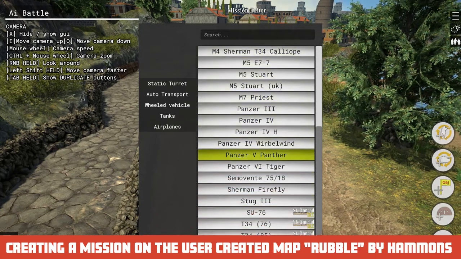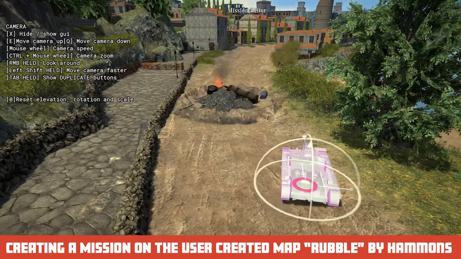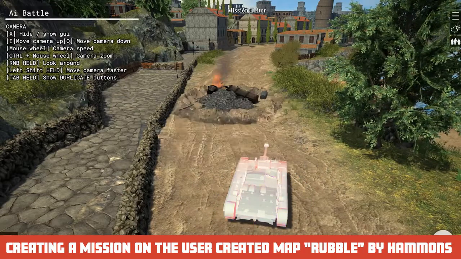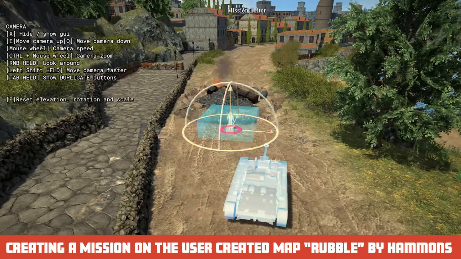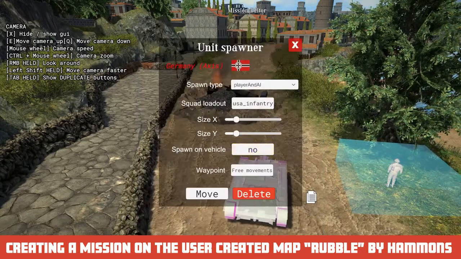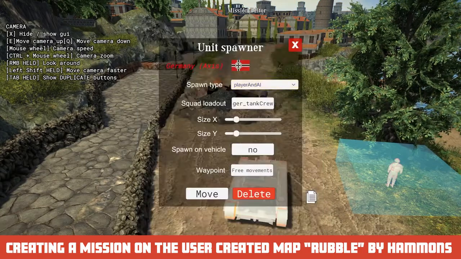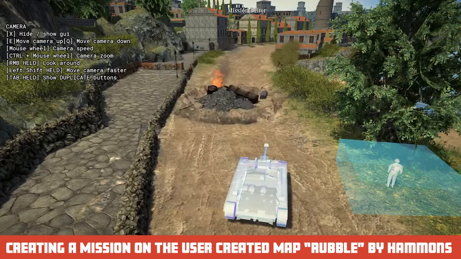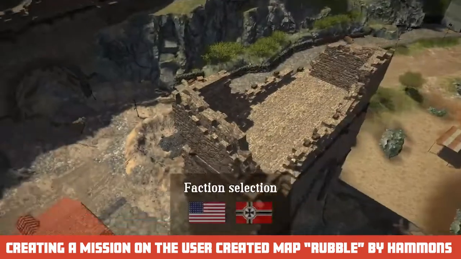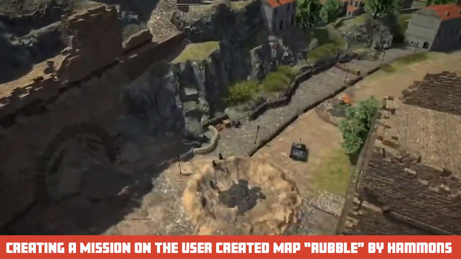I remember when I was releasing Easy Red 1, many people said, wow, this game is better than Call of Duty World War II that was launched the same year, like one month before or one month later, I don't remember. I was surprised to hear that because I don't think Easy Red 1 was better than Call of Duty World War II. But I do think that Easy Red 1 is more accurate than Call of Duty World War II. That's for sure. So if you're searching for a game that is historically accurate, you can get Easy Red 1. I maybe said Easy Red 2, but I meant Easy Red 1.